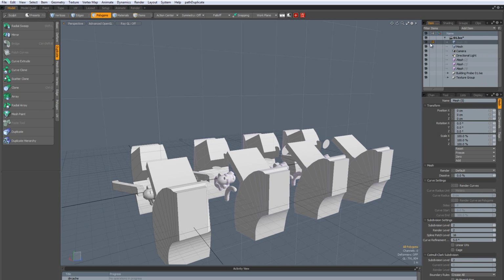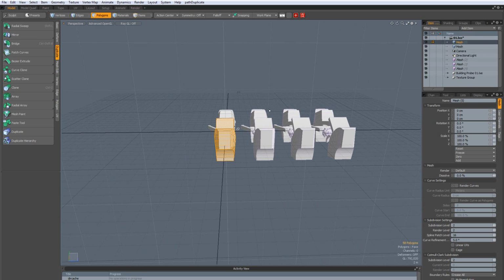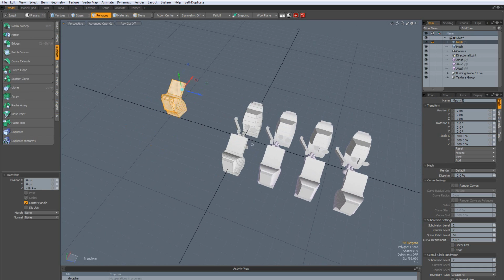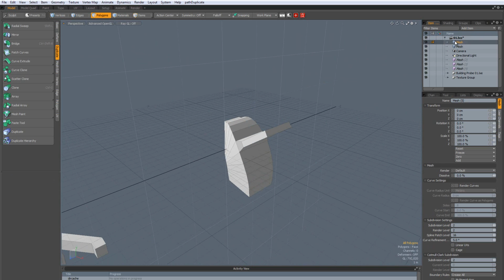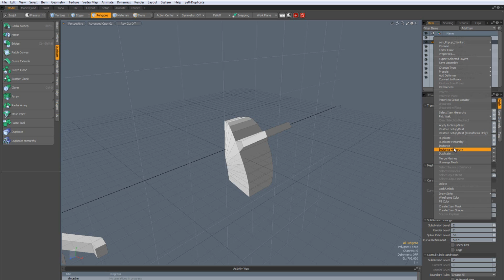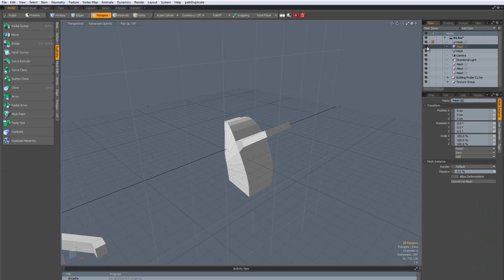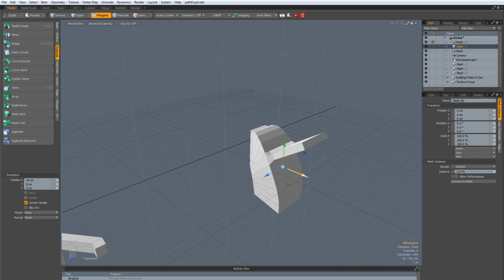It will create an empty mesh in the item list where I can paste my polygons that I just copied. I'm just going to move it around to see better. And you can here right click on the item, and then instance. It will make an instance that you can then